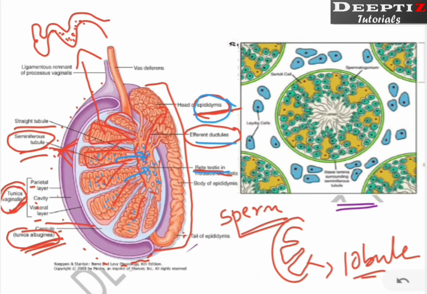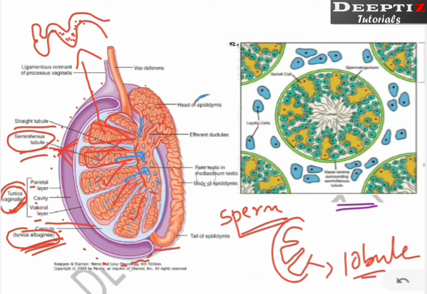That is the efferent ductule. That means these tubes. Through these tubes it is going to reach there. Now this epididymis is divided into three parts. Which are they? Head of the epididymis, body of the epididymis and tail. Simply this much: head, body and tail. So this much is the epididymis, the head, body and tail of the epididymis.